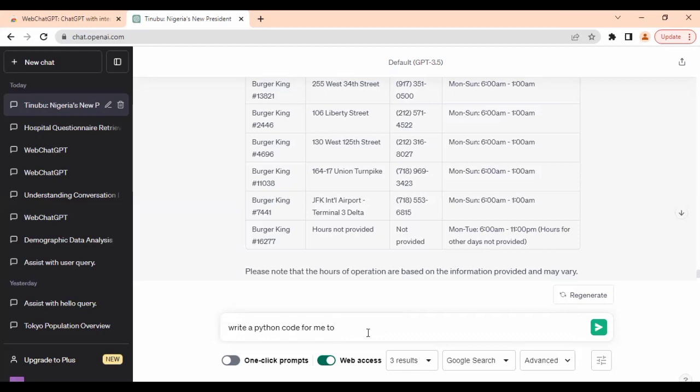Write a Python code for me to carry out a regression analysis, a binary regression analysis,